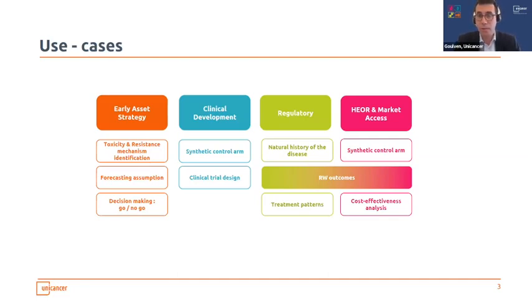We have the use of real-world data for early asset strategy, meaning to pinpoint the targets for unmet medical needs in a large cohort to have this kind of information, especially for toxicity and resistance mechanisms. So really early in the research process. It also permits fine-tuning business cases, so assumptions for a specific indication or a biomarker subpopulation, and